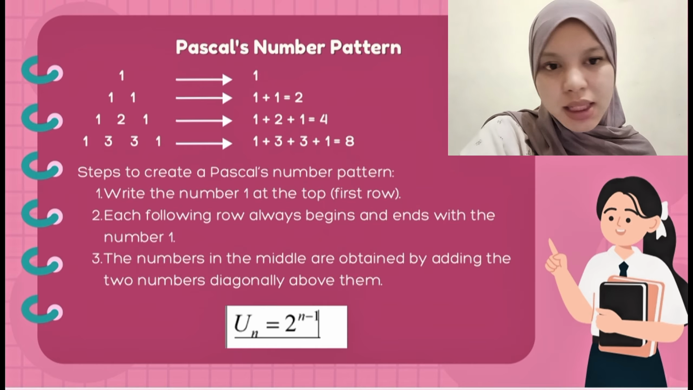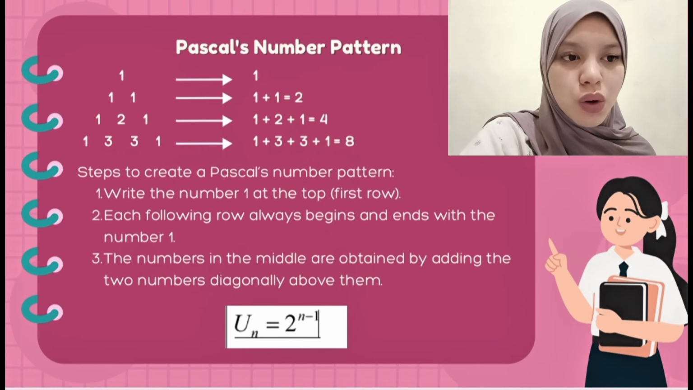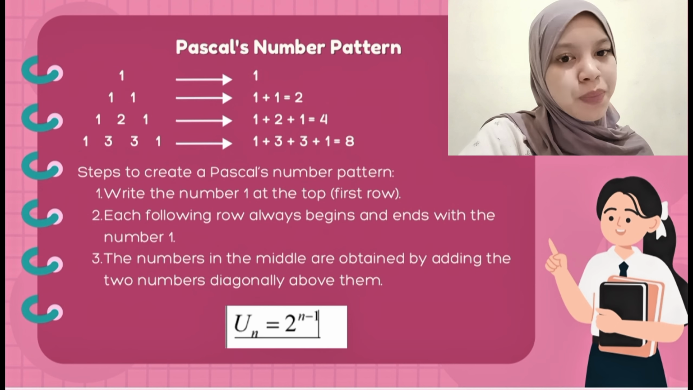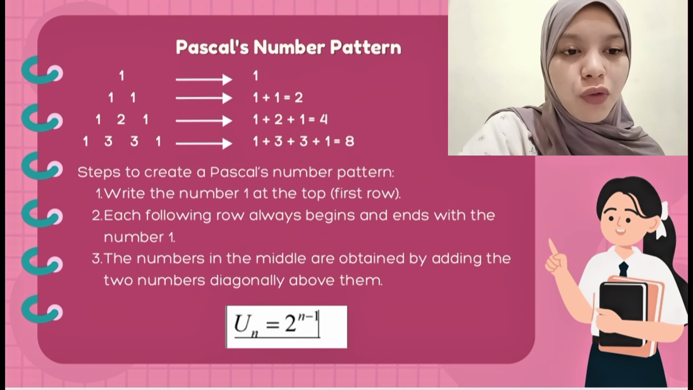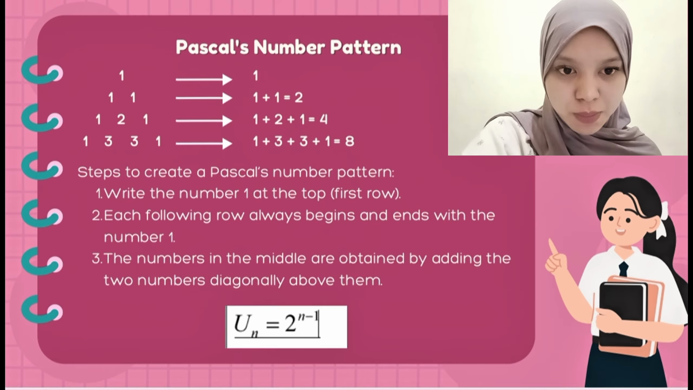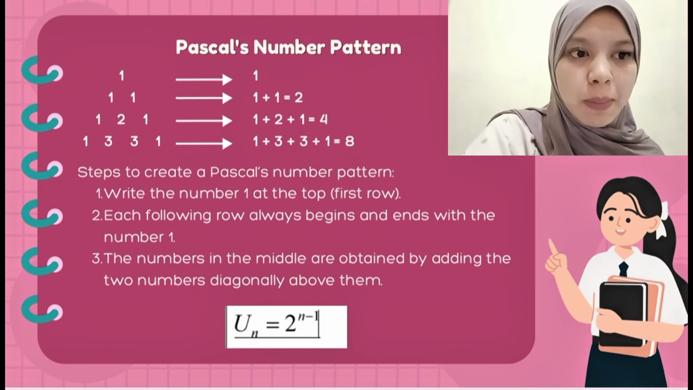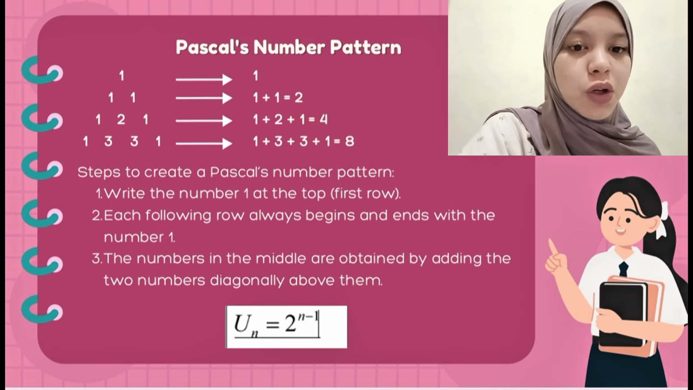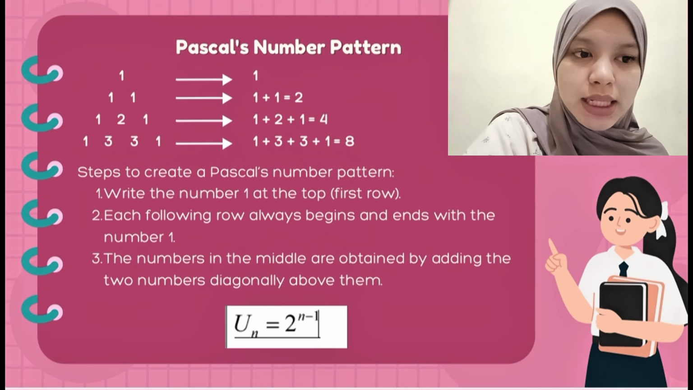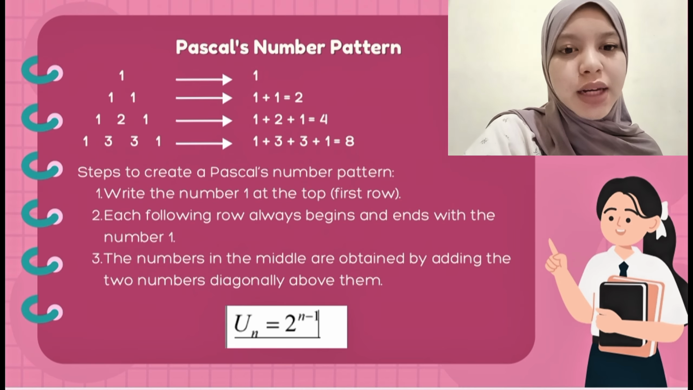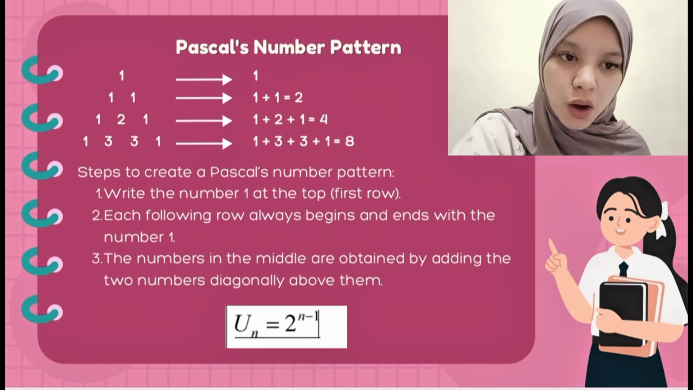There is also a formula to find the sum of the numbers in the nth row of Pascal's number pattern: u sub n equals 2 to the power of n minus 1. This means that the sum of the numbers in each row doubles as the row number increases. By understanding Pascal's number pattern and its rule, students can identify the pattern easily and calculate the sum of any